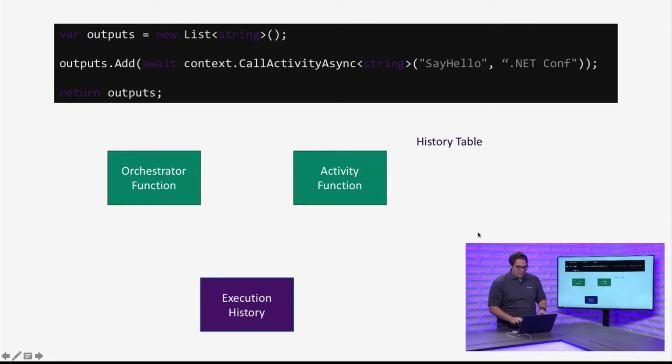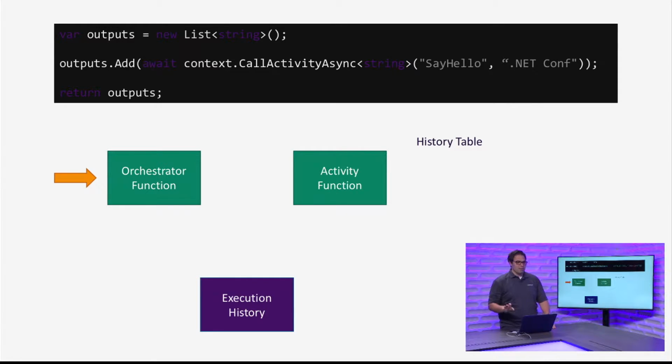So what happens is we have this other component here I haven't mentioned. This is our execution history. This is the state. This piece is how we store and know how far in the process your execution has gone. So the execution history here, and I'll show you through an example in a second, is Azure storage. And that execution history is going to be very important to how this works.